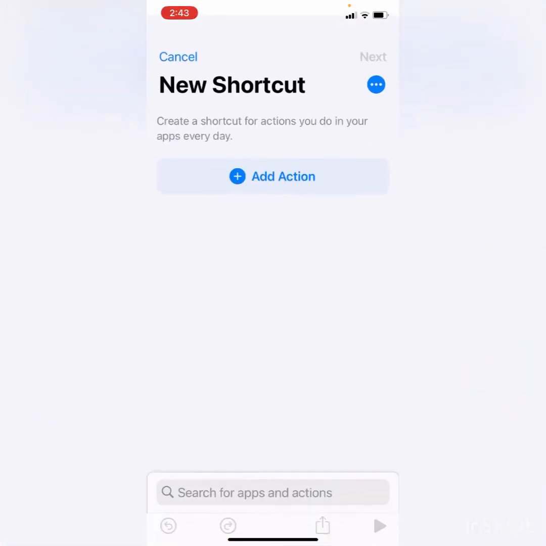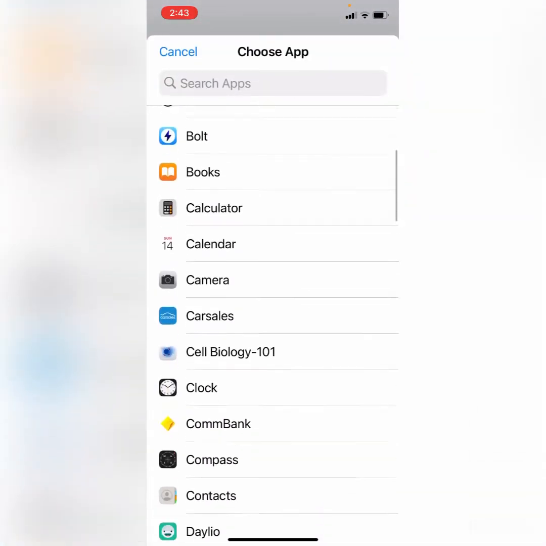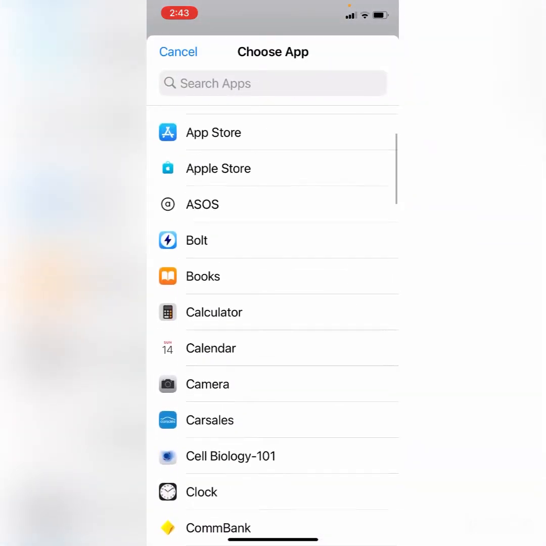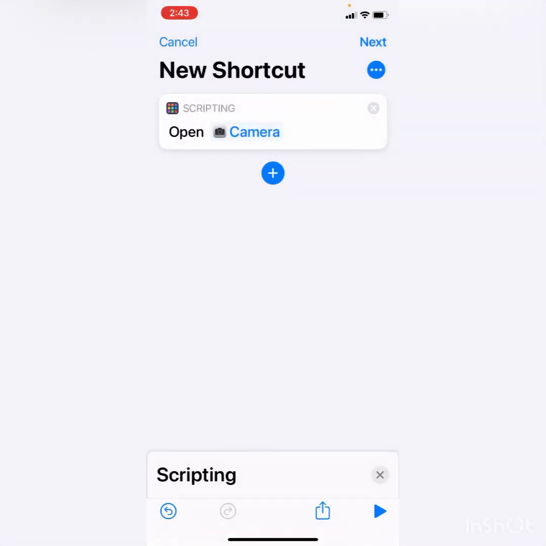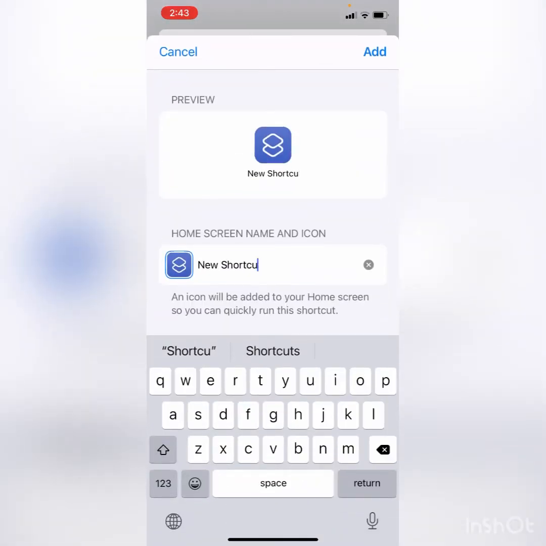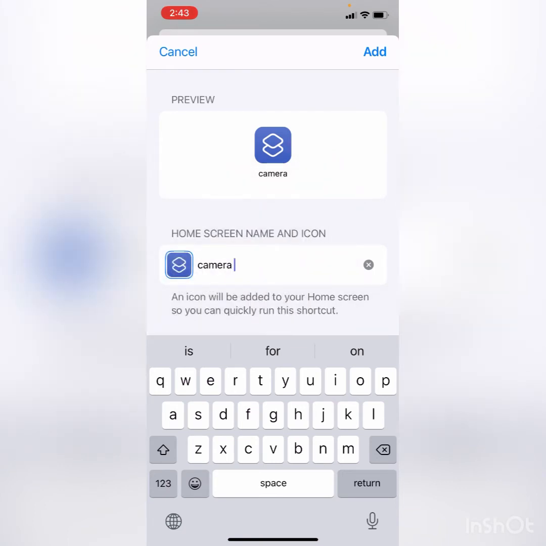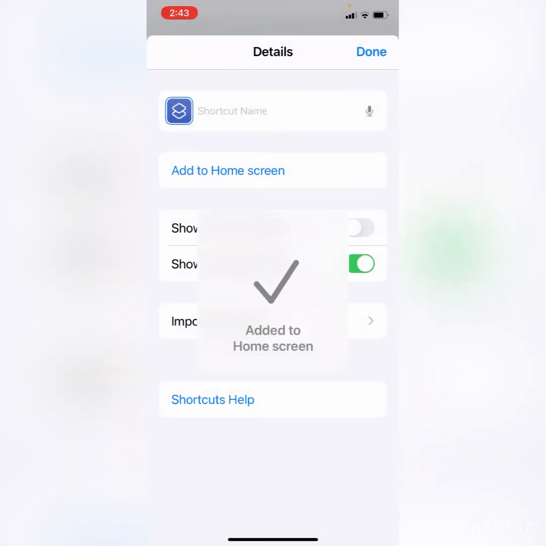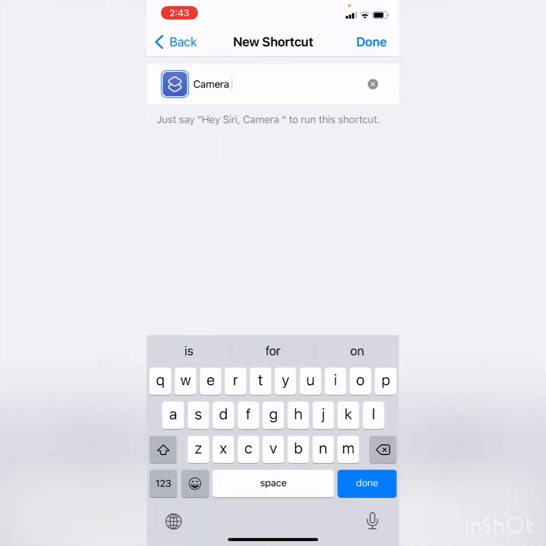Now for that we press add action, scripting, open app, and then for example we're going to choose camera, and then you're going to press the three dots, add to home screen, name the app whatever you want, and then here you're going to choose a photo or you're going to take a photo. So if you've screenshotted any layout for that app, you're going to insert it there, then you're going to press add, done, next, save it as well as what you've called it,